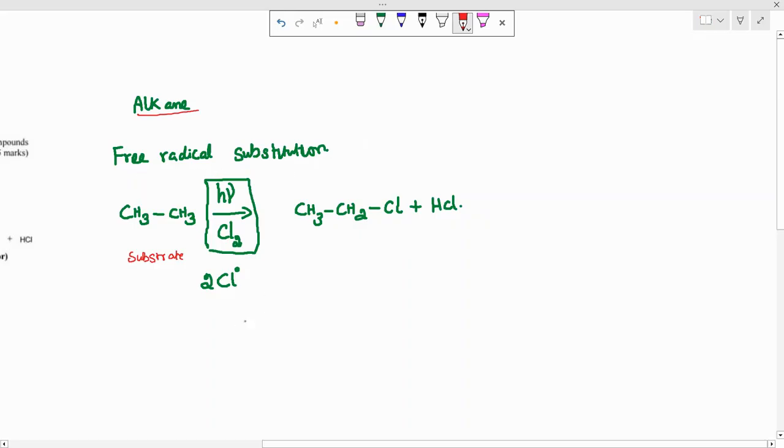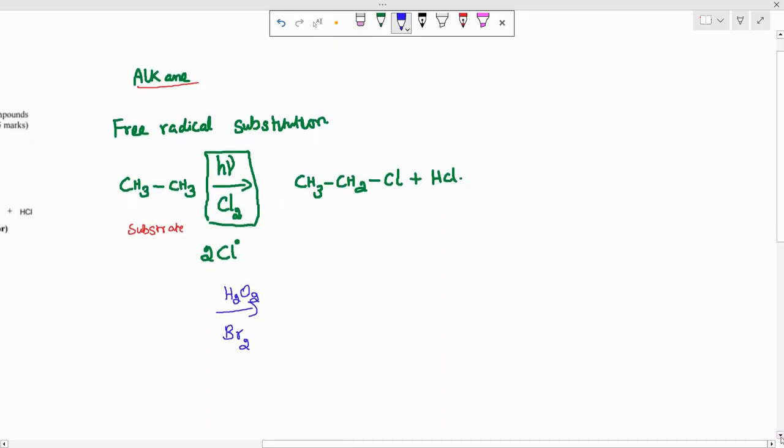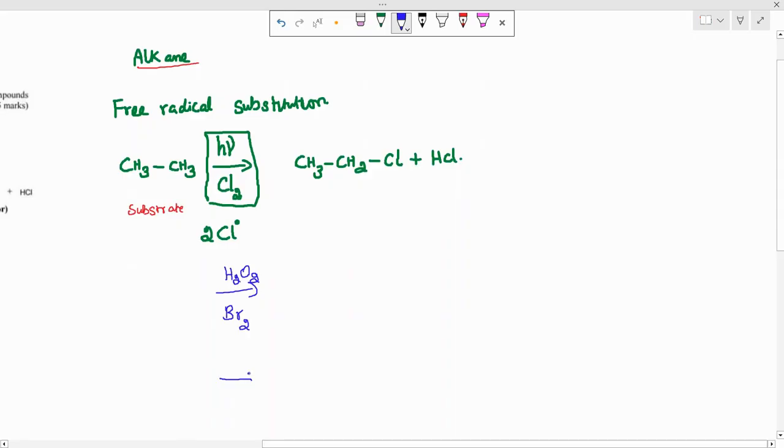Then you can ask, ma'am, is there only chlorine free radicals? No, we can produce the bromine free radical also. Is it only passing light that can produce the free radical? No, we can give H2O2 also. We can give some benzoyl peroxide also. So many reagents are there. Based on those free radical producing reagents, you can have the 3 reagents. That is enough. That is H2O2, passing light, and then you can